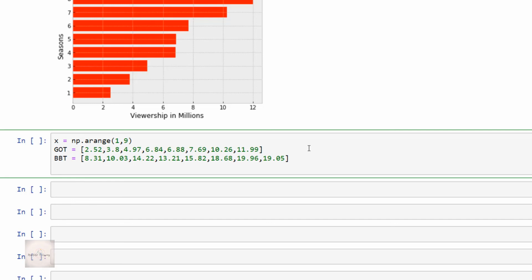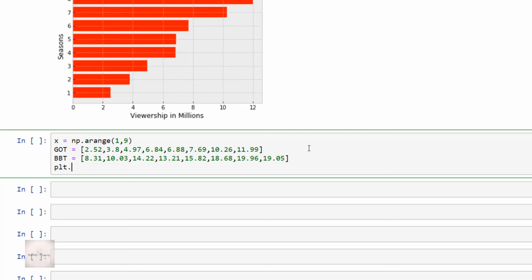Now, to create a single figure with multiple bars or multiple plots, what we have to do is very simple. We just call this plot function multiple times. Do you remember we did the same thing in the line plots? Yes, here also we just call this plot function multiple times.